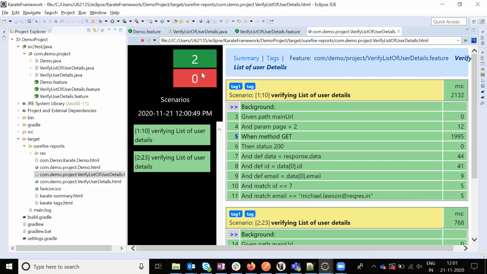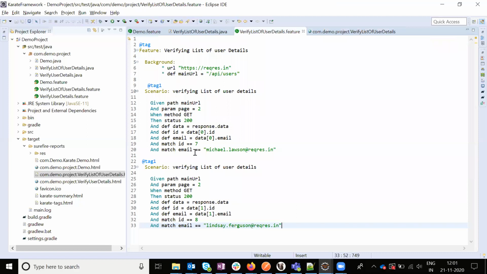If even one step is not matching, it will show the error message also. And here we can use n number of matching conditions. Here we can use contains, equal, ignore equal conditions, whatever it may be. We can use the Karate equality conditions and verify the values. This is all about getting the list of users and how to verify that array set of values.